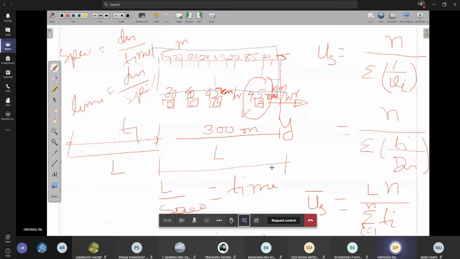Now can we find out the time taken by each vehicle to cross this section? We need to find this, and we have to sum it up, then only we will be able to find the terminal speed by this method. In the other method we have already calculated it, but this method can also calculate it, and both should give us the same answer. Let us see whether we can do it or not.